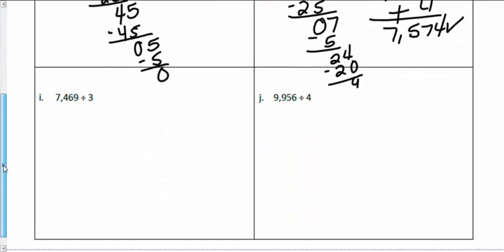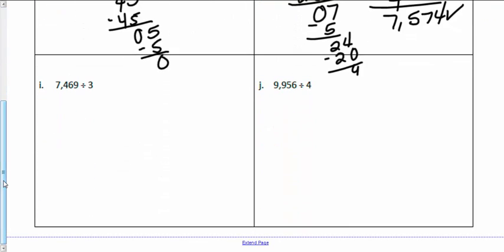Now, let's try the last 2 problems again. If you haven't done any of these by yourself, I want you to try to do at least one of these all by yourself, and you can always press play if you get stuck. All right, I've got